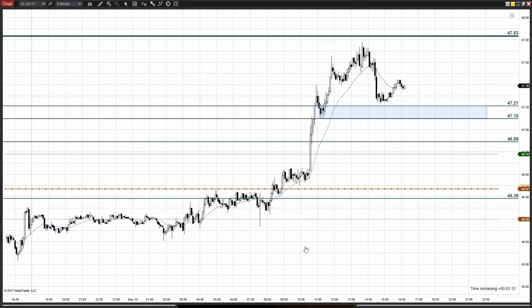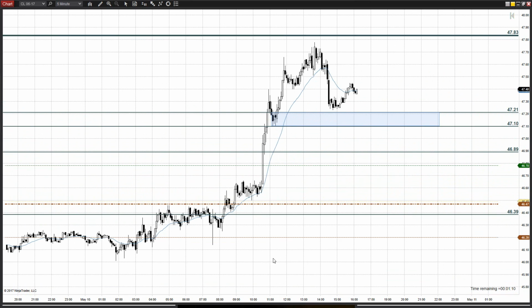Now, crude oil, obviously, crude oil inventories had a pretty big impact. They were forecasting a negative number. The API was forecasting a much larger negative number. Once again, the API was much more accurate. And, well, for the most part, the market